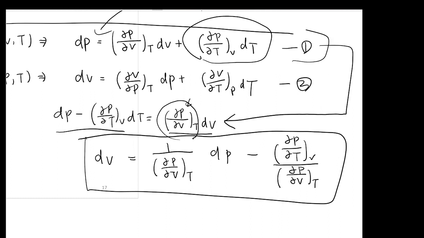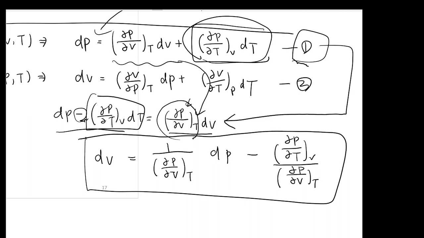So I start from equation number 1, and then I move this term to the left, which is this term. Therefore, it becomes negative. And then on the right, what remains is this term, which goes to that term. And then I divide by this term on both sides. Then I flip the equation. Therefore, I have this: dV equals 1 over this term, dP minus this term. Oh, there should actually be dT here. Once I do this,